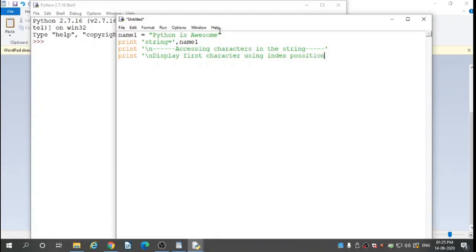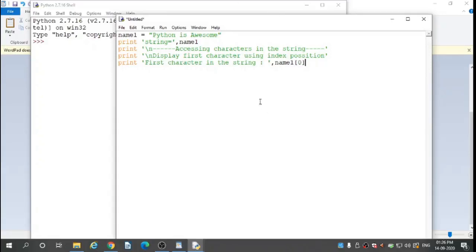Enter, print in single quotes first character in the string colon space, comma, name1 in square bracket 0, and I complete the square bracket.